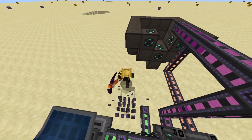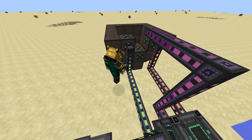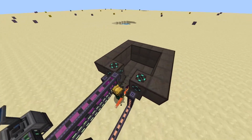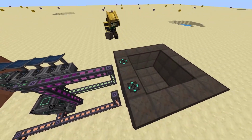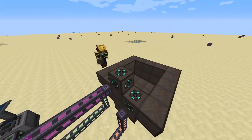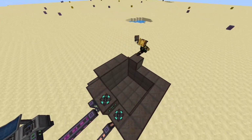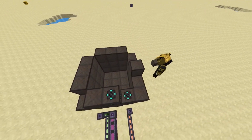And these won't connect yet because the multi-block reactor structure is not complete, so it is unable to connect. So this, I just want to move. So now the next row starts off just like the one before, this square, and now it's just mirrored. So you have the box with no corners,